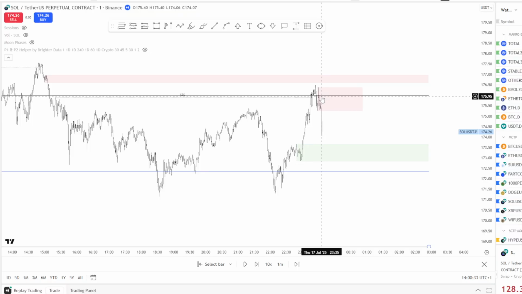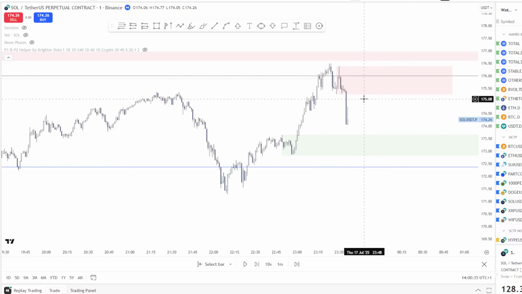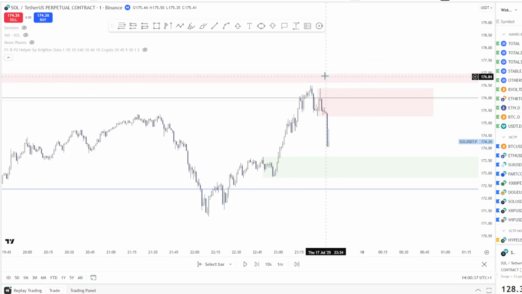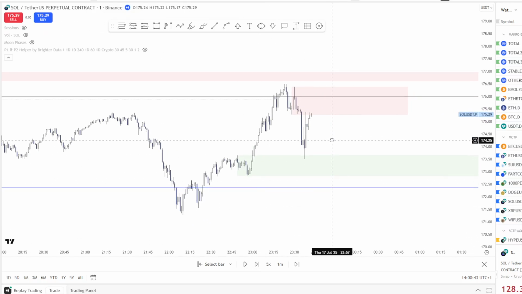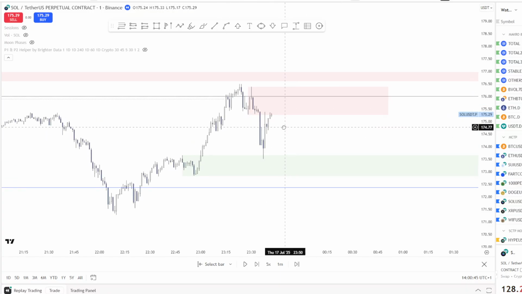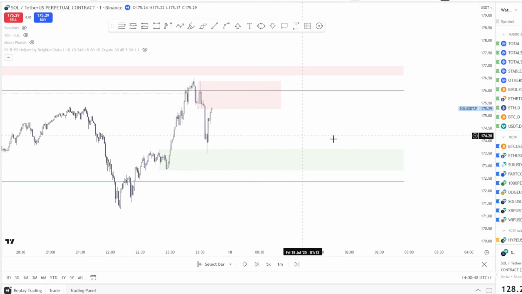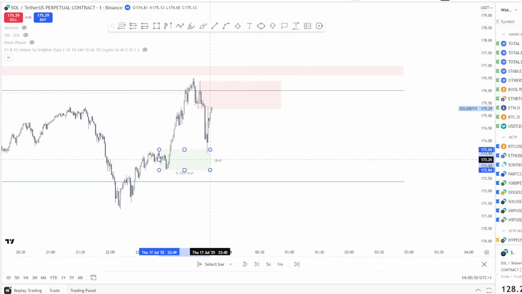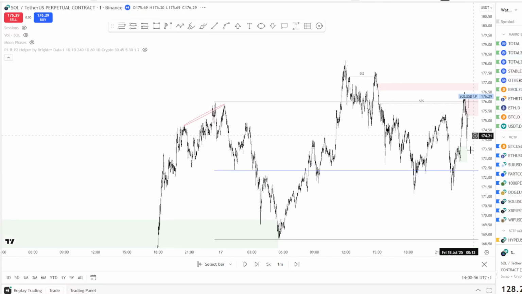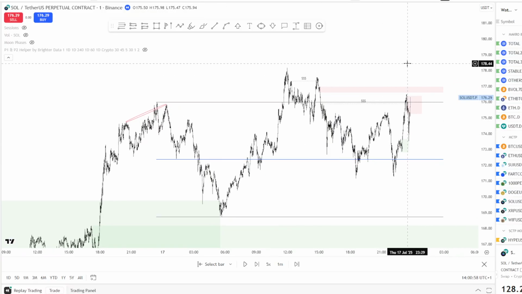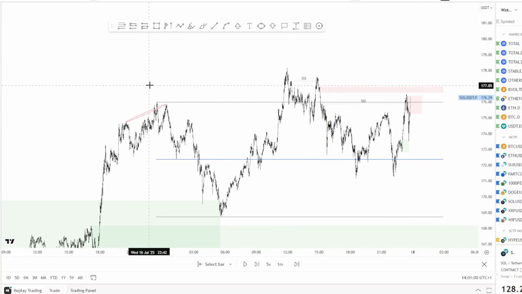This is still after hours. Let me put it on 5x. So we don't have any structure here. We got a bounce from the demand. And a Model 2 can always go over into a Model 1. We are forming a pretty nice